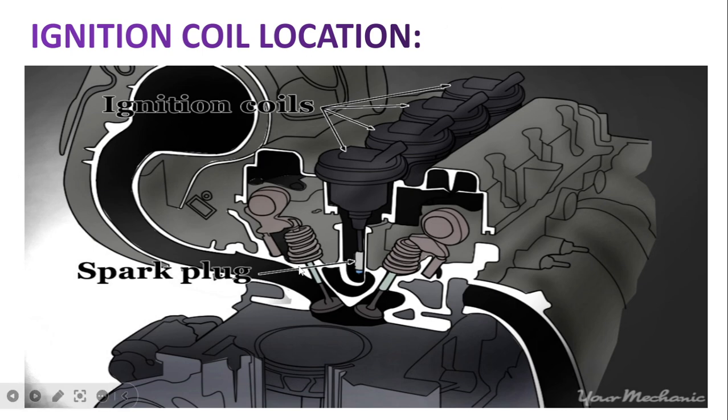Now this is the whole engine. As I told you, this is the ignition coil, this is the first ignition coil, this is the second, third and fourth, for a 4 cylinder engine. And now here is the spark plug. Here you can see the arrow, this is the spark plug. Actually, where is my cursor? Yeah, here is the cursor. And just aside of that spark plug there are these 2 valves shown, first one and second one. One is for the intake valve and the other is for the exhaust valve. So like this, these ignition coils are installed on the engine, exactly at the center.